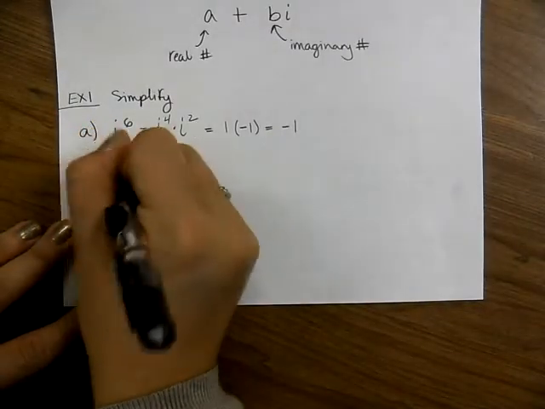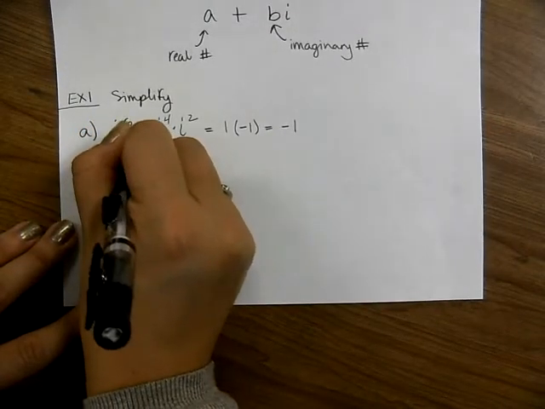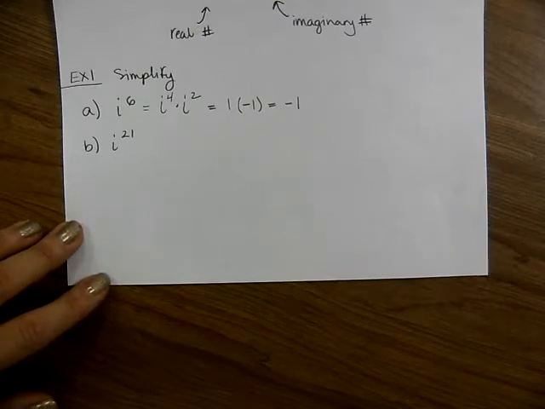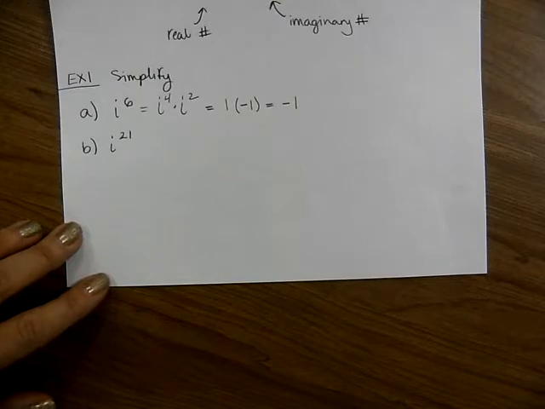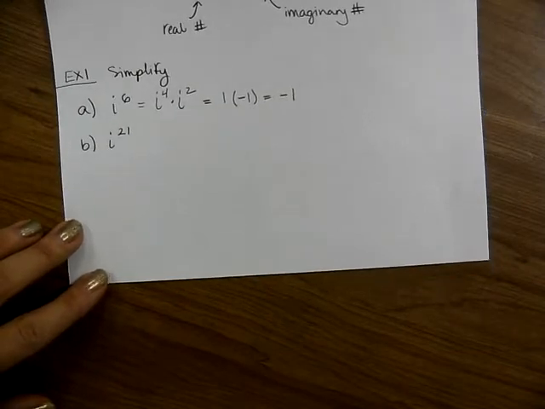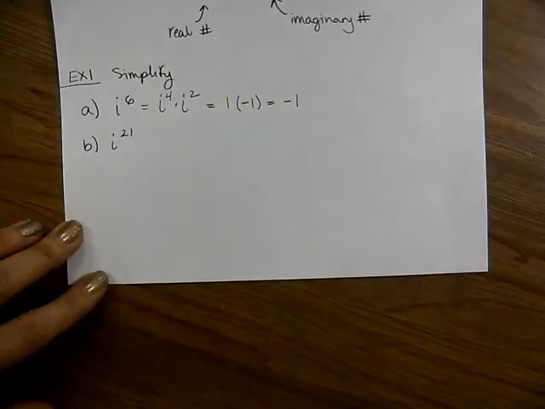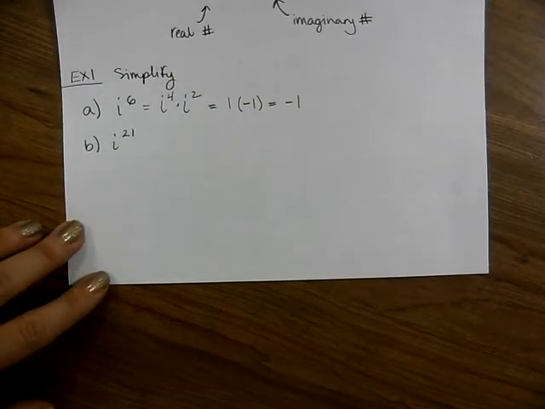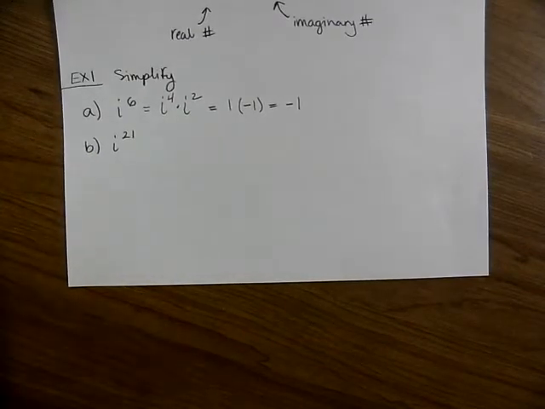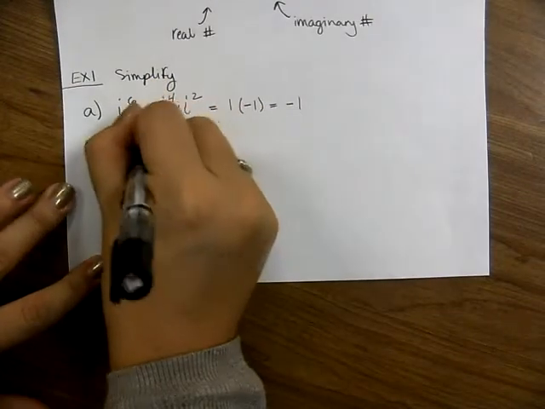Okay, what if I gave you i to the 21st? -i. Maybe. Maybe not. What could it be? Think about the pattern. I'm not giving you the answer, so we're gonna be sitting here for a while. This video is gonna get awkward. It's just i. Okay, I'll go with it's just i. It is i, but why? Because